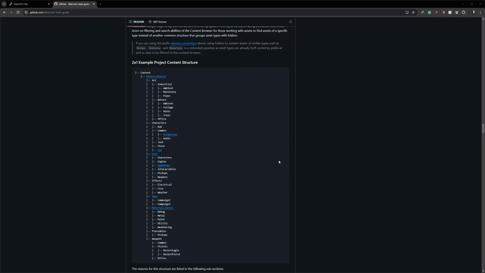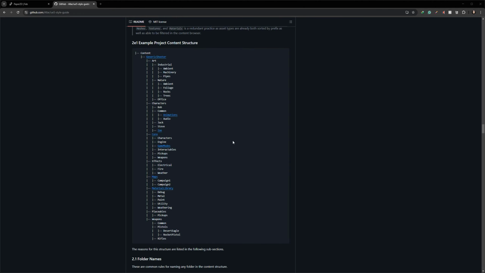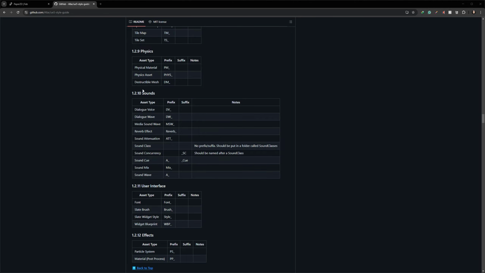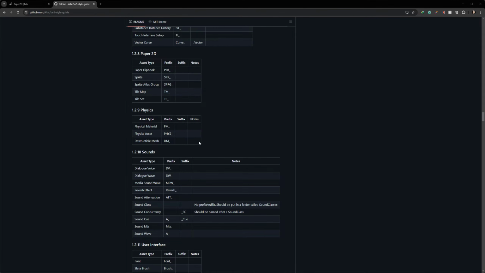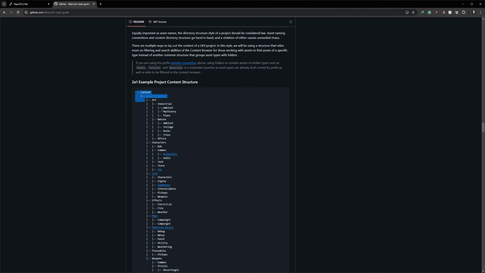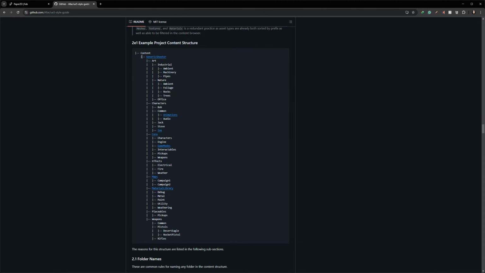It's important to know that this is not really a rule. This is a suggestion to you, but I really recommend at least sticking to the prefixes or suffixes. It will make your life so much easier. As for the folder structure, each project is its own thing, but you'll be surprised by the number of projects I worked on with different types of clients for broadcast, VFX, games, you name it. A lot of them follow this.